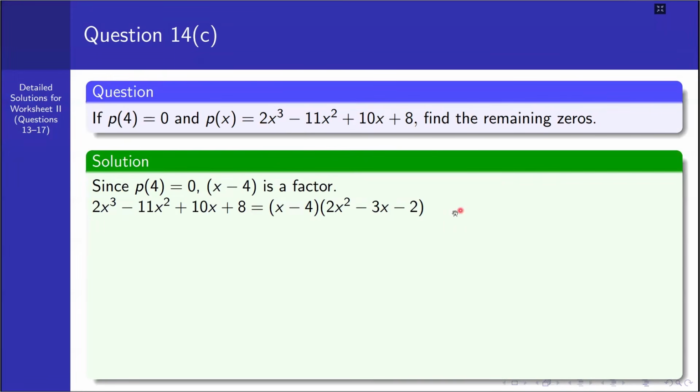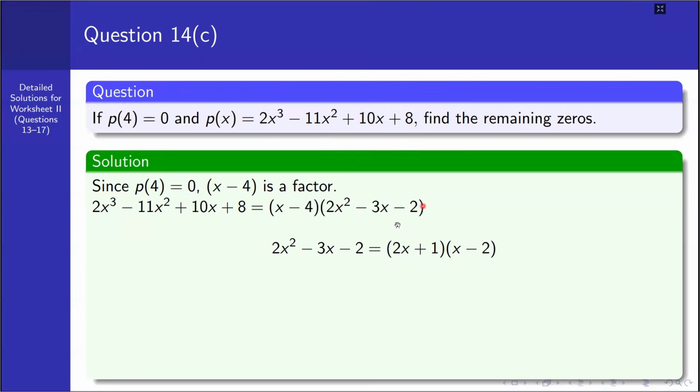The remainder is already 0 because x minus 4 is a factor of this cubic polynomial function. After factorizing in this way, to find the other roots we have two remaining roots. Those roots could be the roots of this quadratic equation, or simply the quadratic term 2x squared minus 3x minus 2. The roots of 2x squared minus 3x minus 2 can be easily obtained by using factorization. 2x squared minus 3x minus 2 can be factorized as